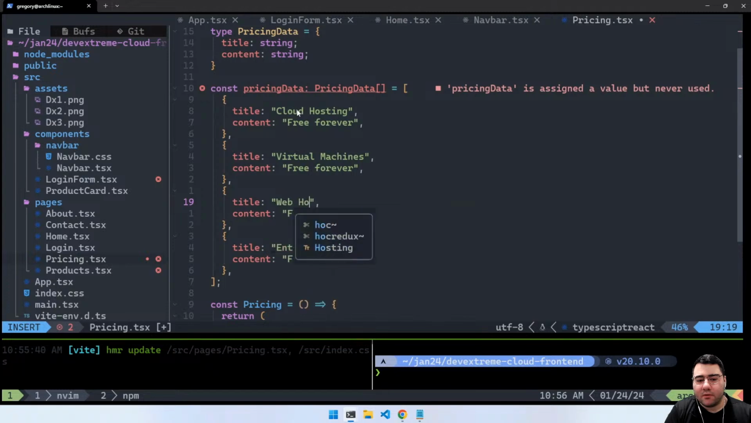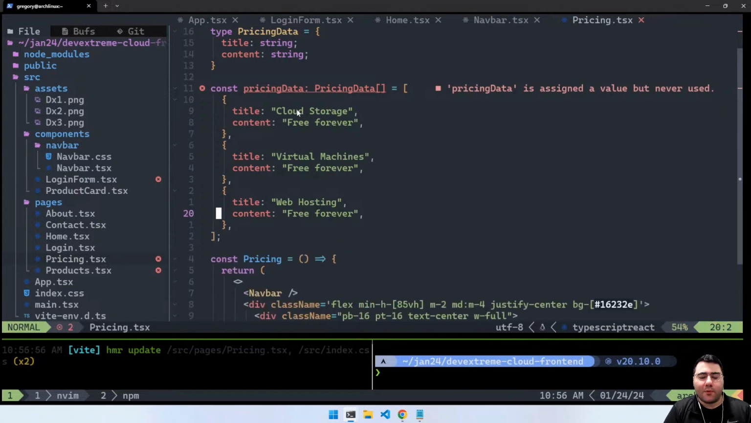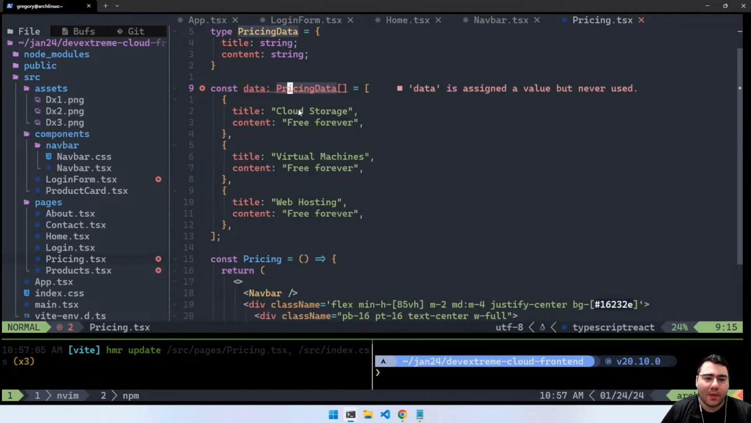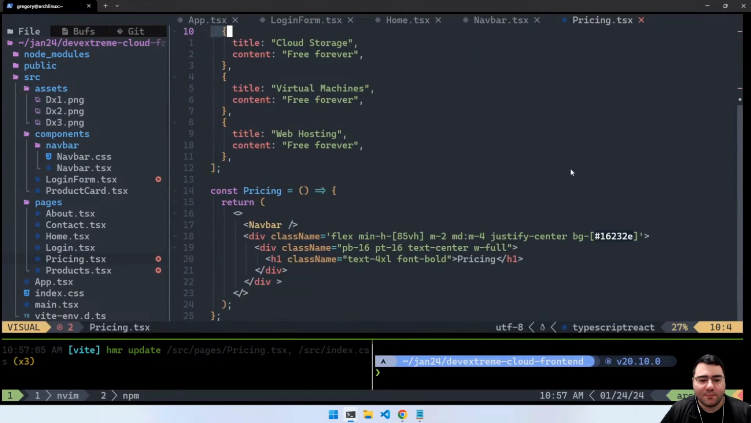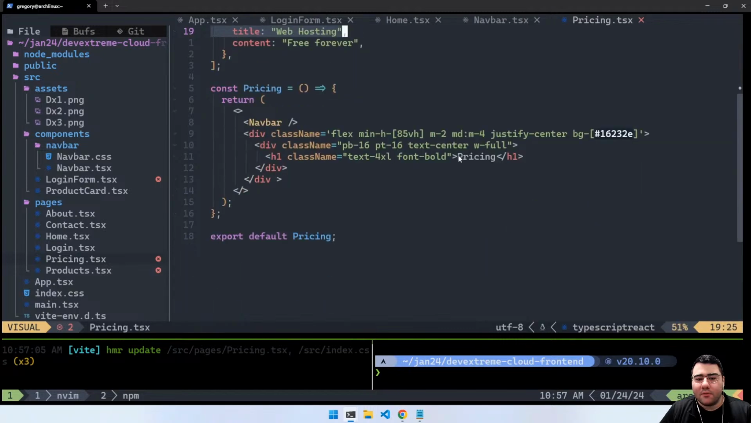And this is storage. And so there we have this pricing data thing right here. And I'm just going to rename this to just data, just so it's not as confusing. And of course, this type is going to be this pricing data type as an array. And so for this pricing,